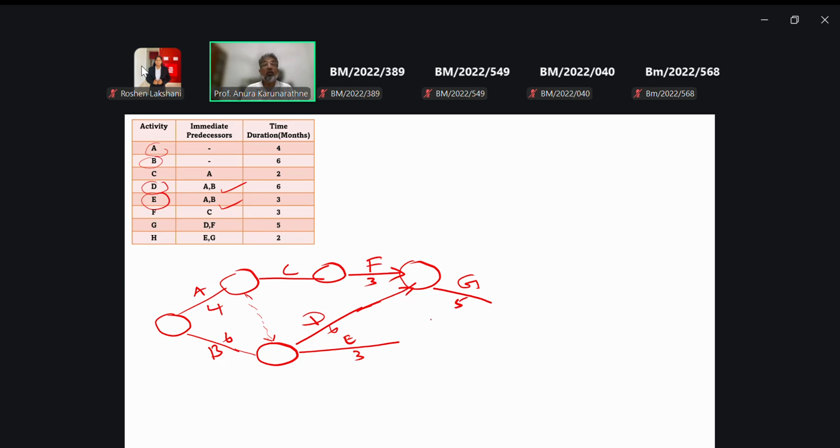So here you can see time allocation is 5 months, right? Then H after completing both E and G. Here E, here G. The length of this straight line is not much important, right? Don't worry about it. So after completing G and E, it should be here,